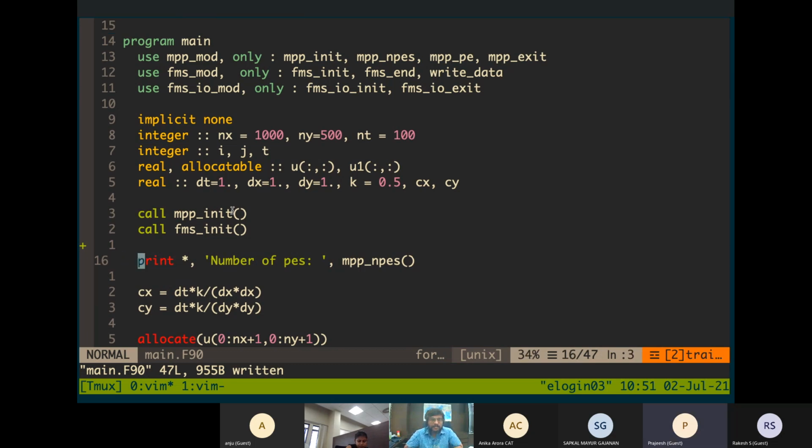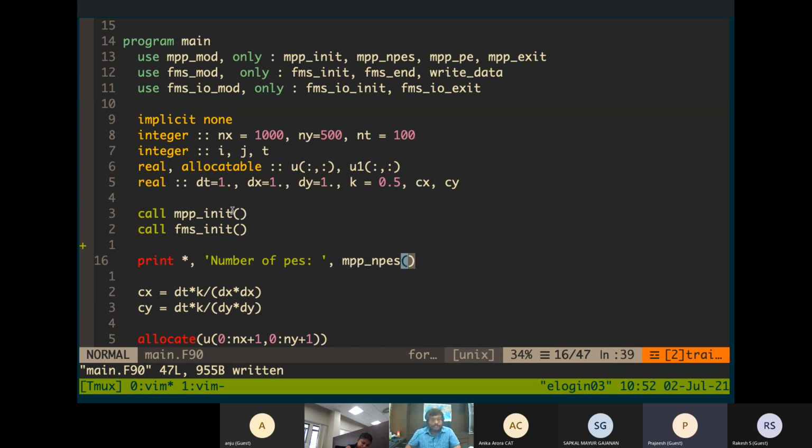Now here I'm just printing how many processors I'm using. And I'm using a function called mpp_npes. So this is called mpp number of processor elements. Okay, so this is mpp_npes.